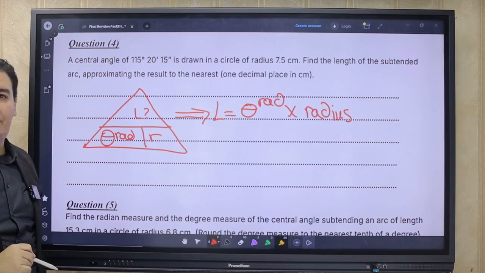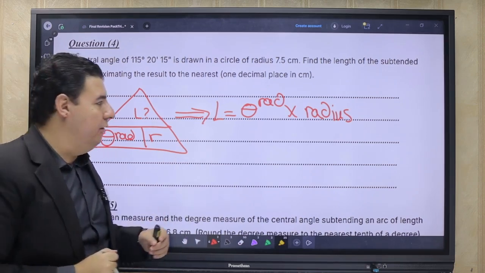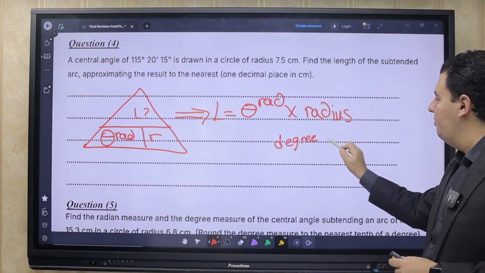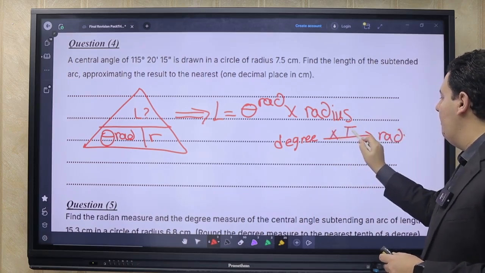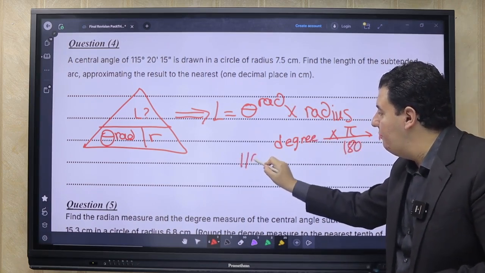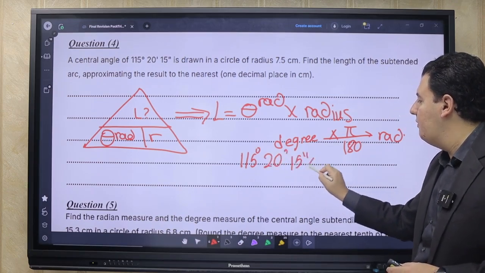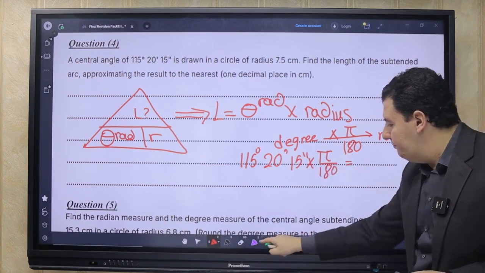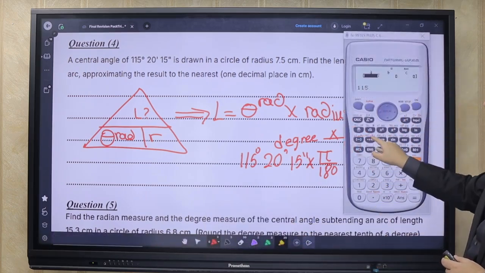This angle is not in radian measure. So first we will convert this angle from degree to radian. From degree to radian, we are going to multiply by pi over 180. So we will write 115 degrees, 20 minutes and 15 seconds times pi over 180 equals